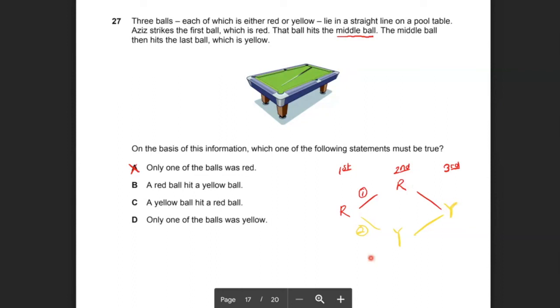In the second scenario, the red ball hits a yellow ball. So I'll stop right there. You can see that in both scenarios, a red ball does indeed hit a yellow ball. It's true for both scenarios, so it must be true. So, already I would say confidently that B is the answer, but you just need to cross out C and